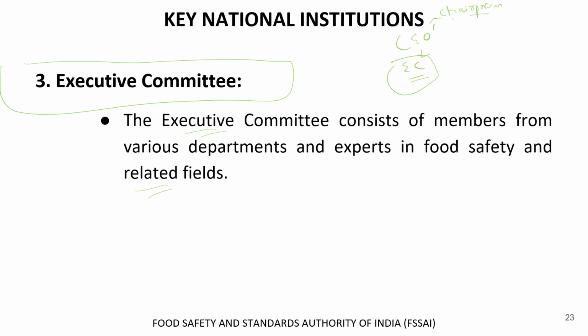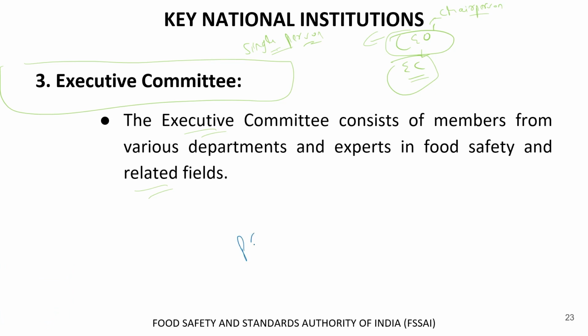The policy is made in the meeting. Thereafter, the CEO gets the responsibility to ensure the implementation of the policy. Now a single person could not hold the responsibility for implementation of the food policy throughout the country. That's why they have the executive committee, which is responsible for